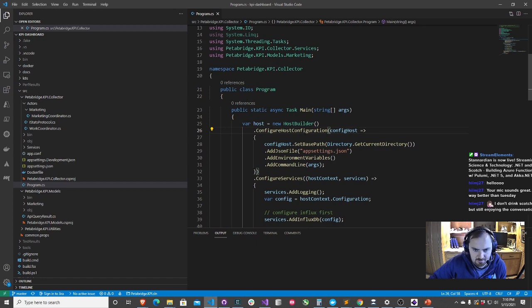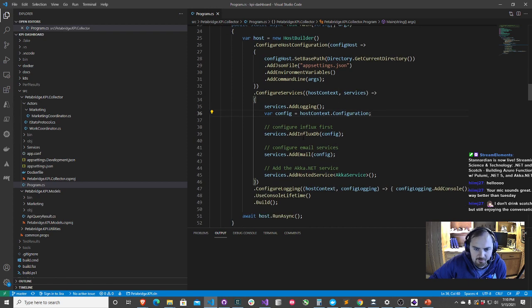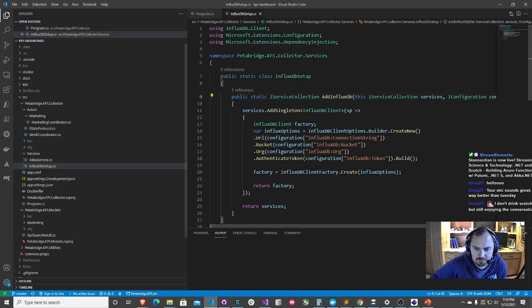So I'm going to go ahead and use the host builder. This is all running on .NET 5. We're going to pull in appsettings.json and some environment variables. I'm going to do a little bit of configuration here. I have a couple little static methods I wrote for configuring Influx and some of our email marketing services. If I take a look here at Influx, I need to be able to pass in